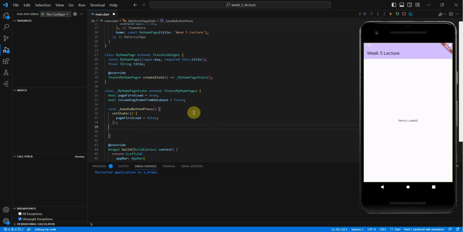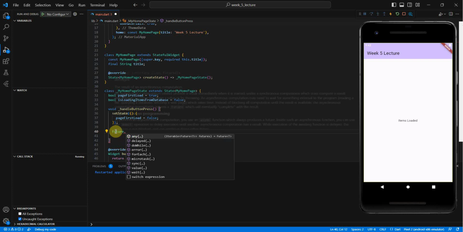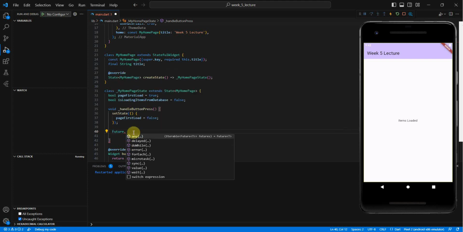So to mimic that, I understand that I went off on a tangent here, but it'll start making sense. We're going to mimic that by having what's known as a lambda, right? That's covered in Java and in C#. In JavaScript, it might be referred to as an anonymous function. But basically, it's something that gets executed at that instant. It's not a defined method. So in this case, we'd go Future, because that's the structure used for asynchronous operations in Flutter. So we'd go Future.delayed,